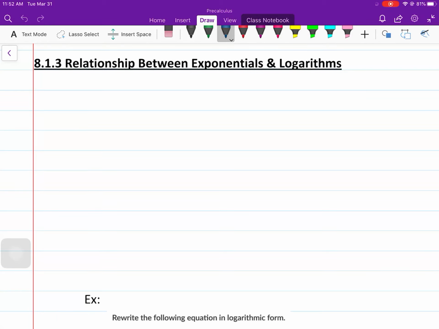In this lesson, they're really trying to hammer home that you understand that exponentials and logarithms are inverses of each other. So what does that even mean? We've gone over that a little bit before. So the idea of inverses